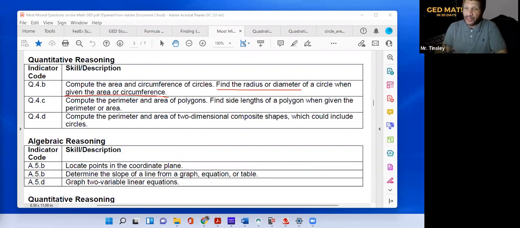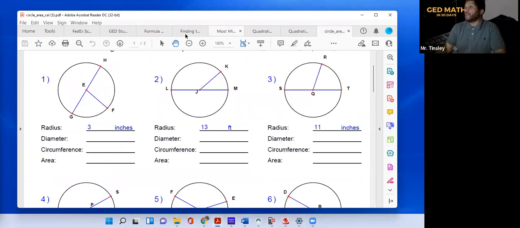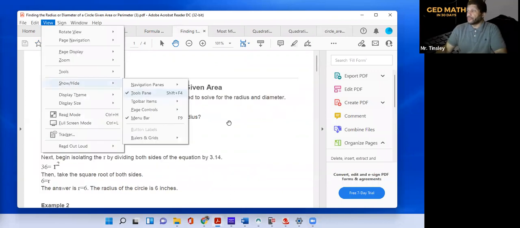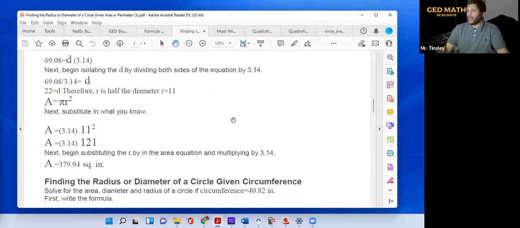So let's look at some examples. Okay, let's look at some examples. Let me try to find it. I thought I opened it. There we go. Let's look at some examples. All right, let's look at,